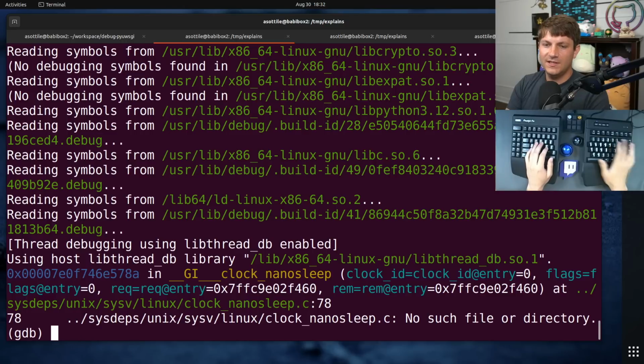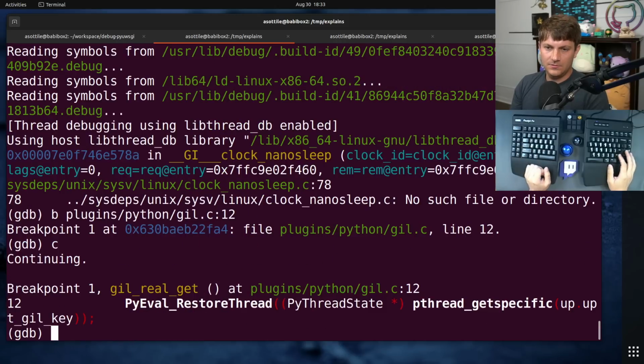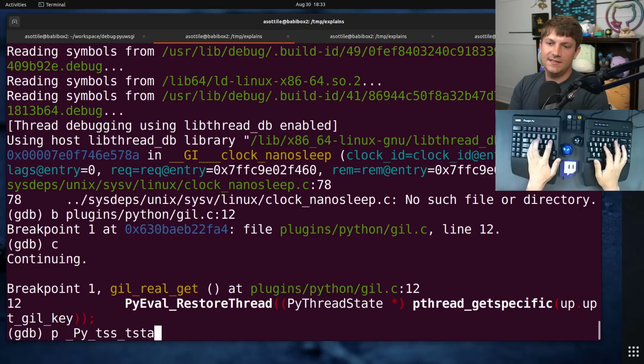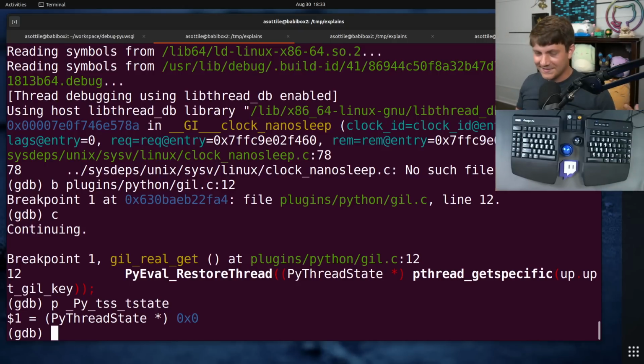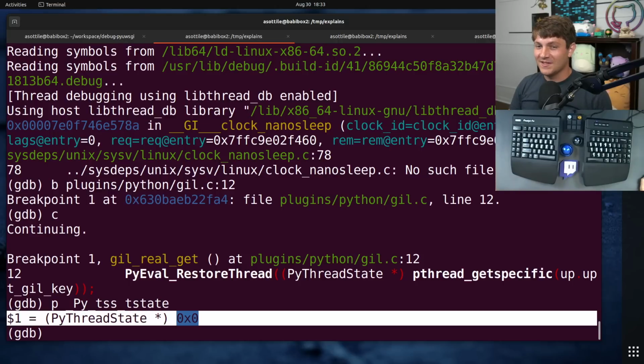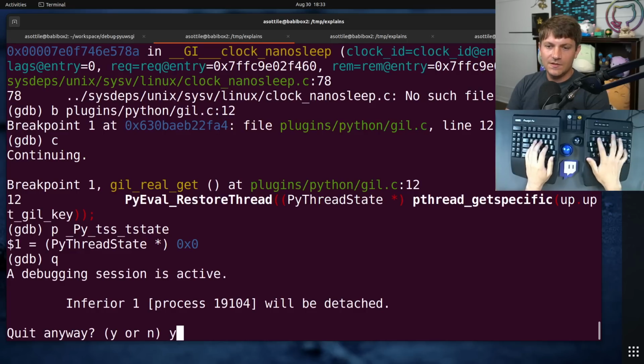We need to set that same breakpoint again. And basically I want to see the second time it forks what the thread state was as it tries to switch to it. And we can continue. And if we look at that _Py_tss_tstate, it's null again. Okay, cool. So in uWSGI mode, we know that the first time it forks, it comes from a null thread state, and the second time it forks, it comes from a null thread state. That's consistent. That's kind of what we expect it to always be the same. But if we look at pyuwsgi now, so let's